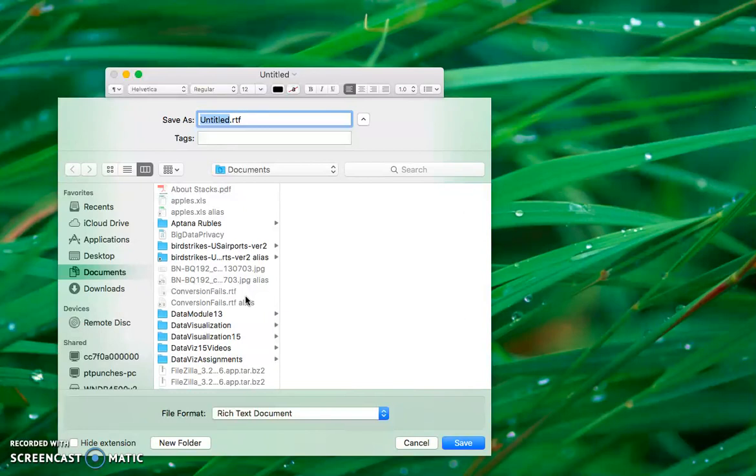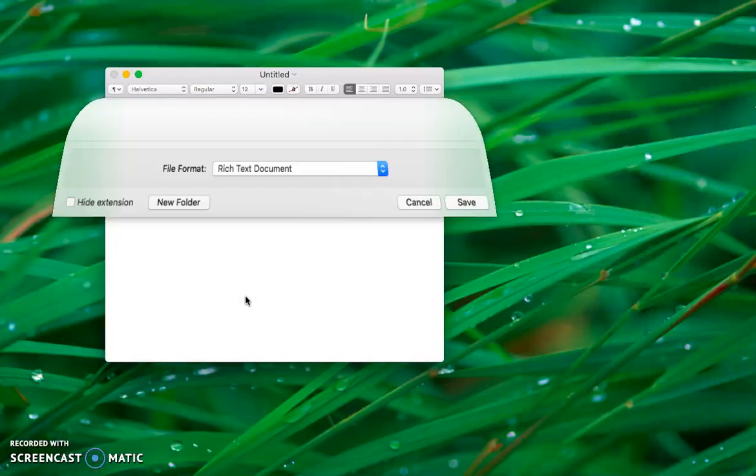RTF is an extension that we actually didn't discuss yesterday. That stands for rich text format. It's not as complicated as a Word document, but it supports more formatting than a plain text document, which ends in .txt. Now, anytime we're dealing with data, we want to make sure that we're working in that very plain text format, that .txt format. So, in order to do that, in most cases, we're going to have to specify to the